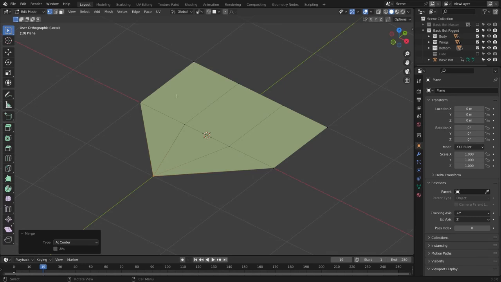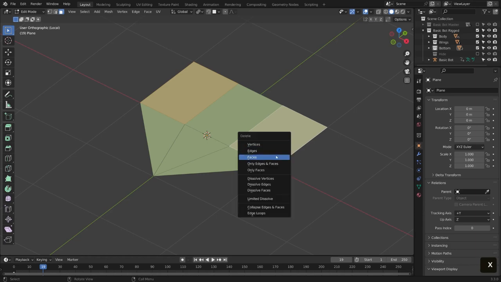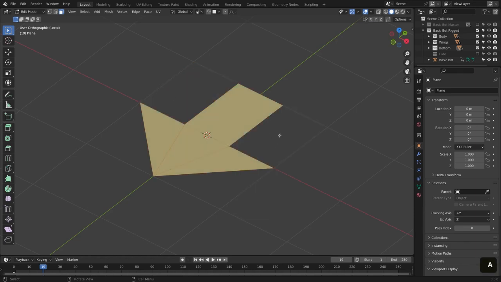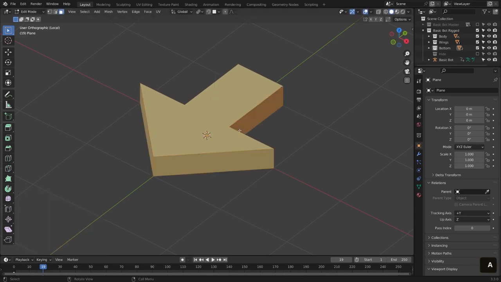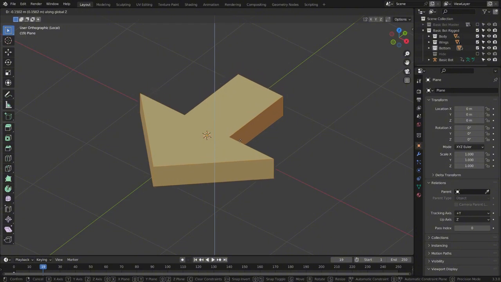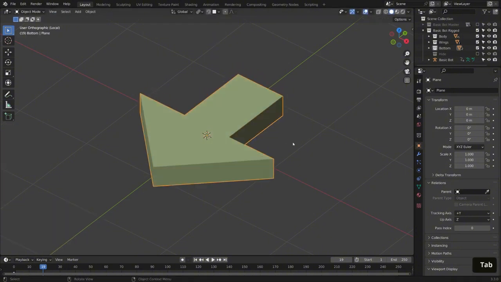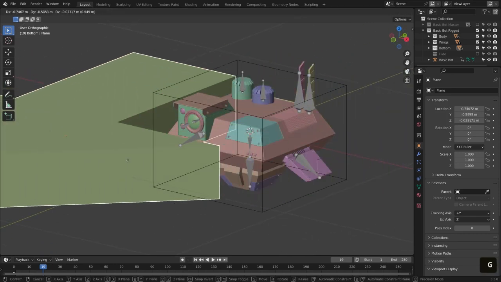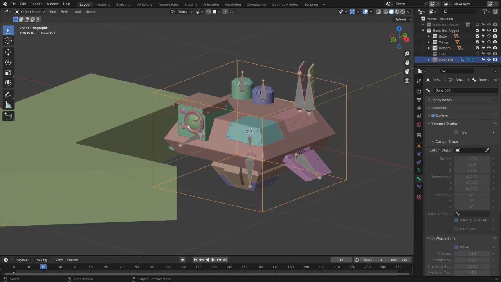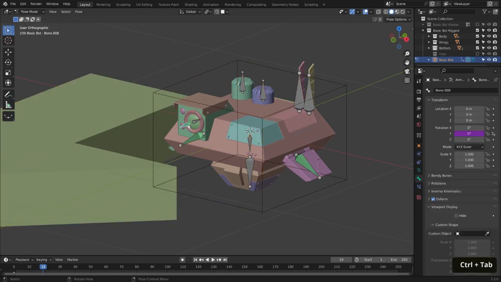Now we can go to poly mode with 3 along the number row, select these two, hit X and delete faces. Now we can hit A to select everything and F to fill it all with one polygon. Then E and extrude it up ever so slightly. A to select all, G, Z, and move it down ever so slightly. Okay, let's jump back out into object mode and slash to remove that isolation. Hit G, move it to the side, select our armature, Control Tab,